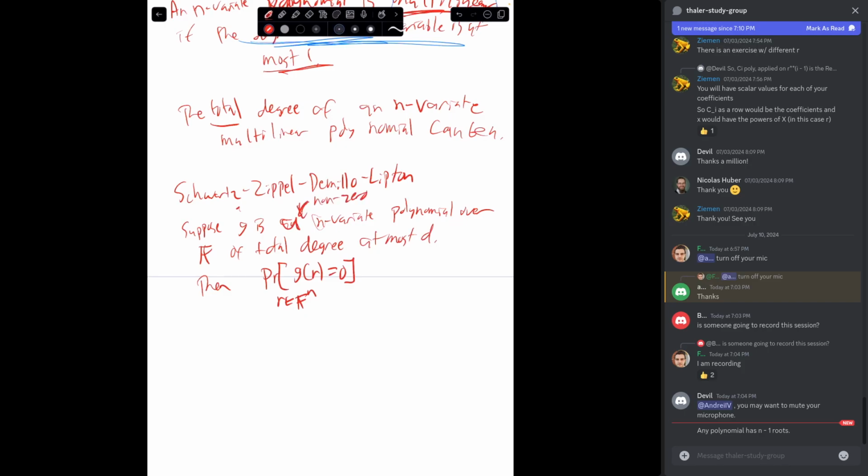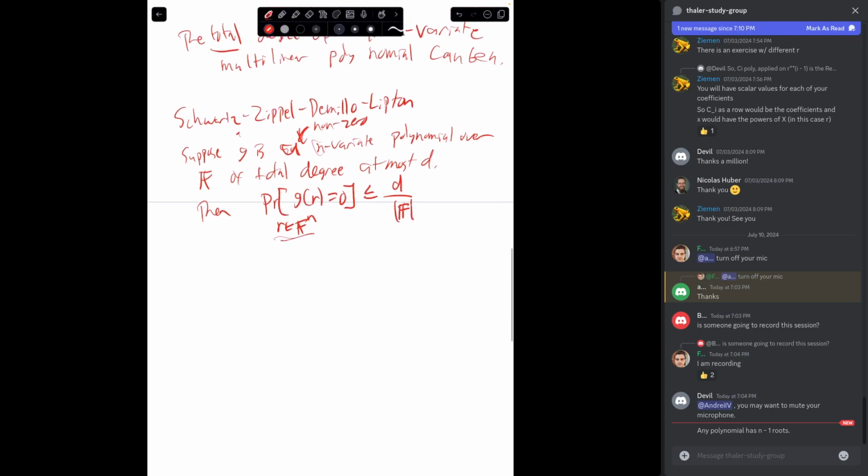So if I take a non-zero n-variate polynomial of total degree at most d and I evaluate it at a random input, the probability I get out 0 is at most the total degree over the size of the field. And an equivalent way of saying that is if g and h are two different